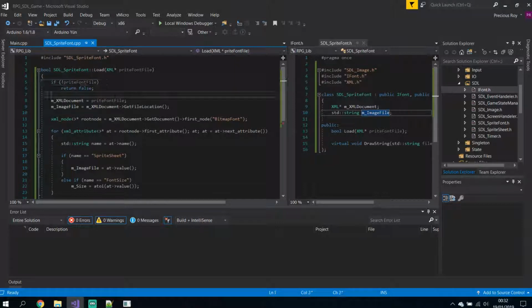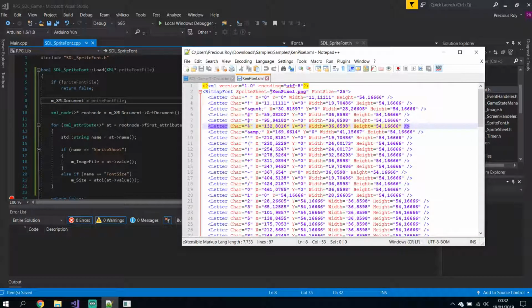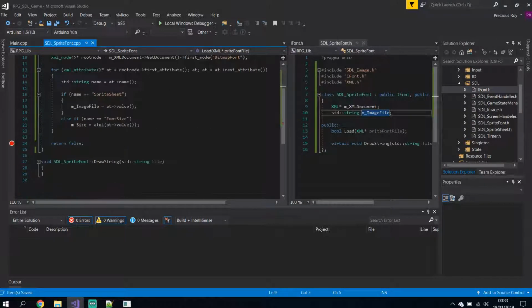You know what? Let's just not do that. I don't feel like parsing the URL. Let's just do it like this. So now if we load it in,